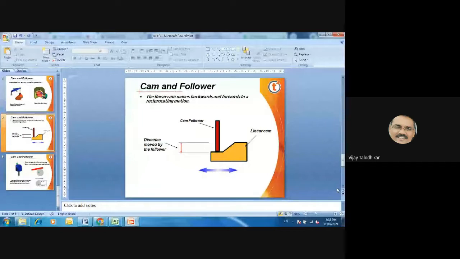Now, this particular screen will show that the cam is reciprocating. As we know that the follower is reciprocating, this example also shows that the cam is rotating. The cam reciprocates, the follower reciprocates, and both are reciprocating. If the question is asked, which type of cam follower mechanism